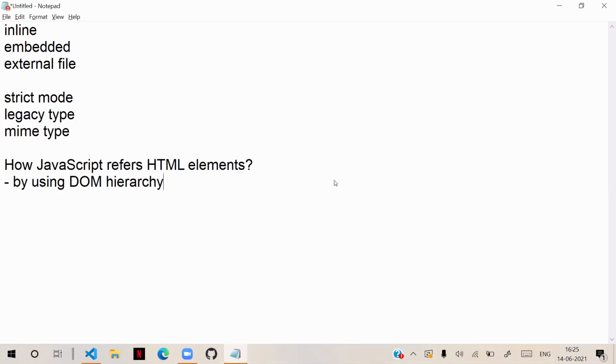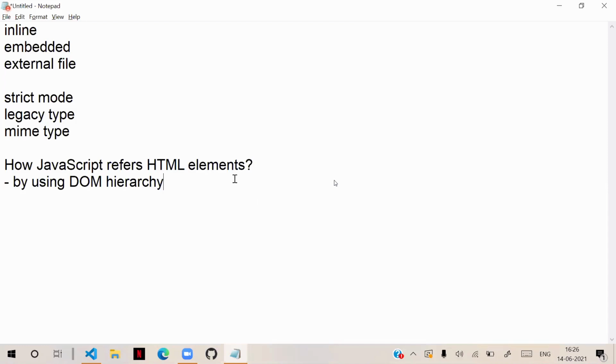That is the first point. So many are there, one by one I will show you. So JavaScript refers to HTML elements by using the DOM hierarchy. That is the first one.